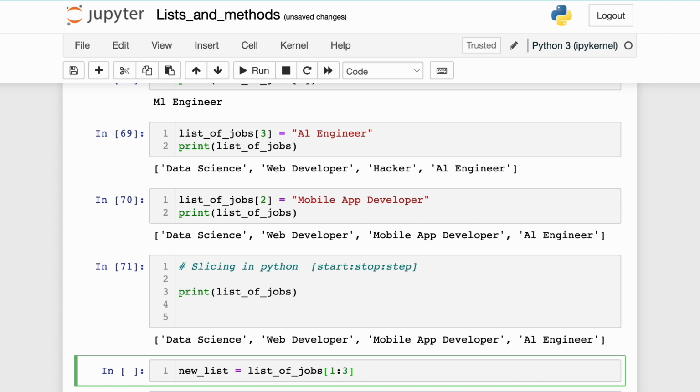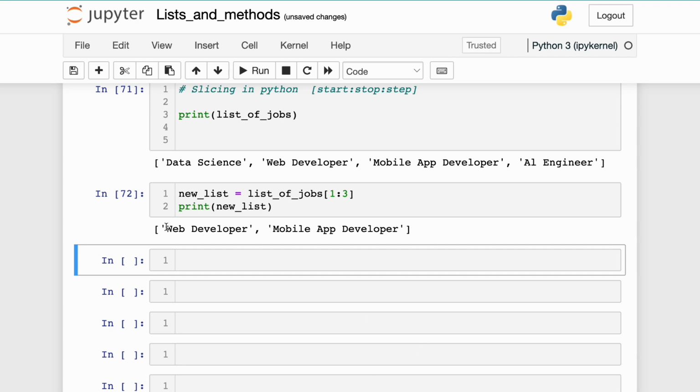Now let's see what is going to happen over here. When I print the new list, new_list, we have only 2 items in the list. But the trick here is that we passed in 1 to 3. So why is it giving us only 2 items in the new list instead of 3 items? Now the trick here is that the stop parameter in the square bracket is stop minus